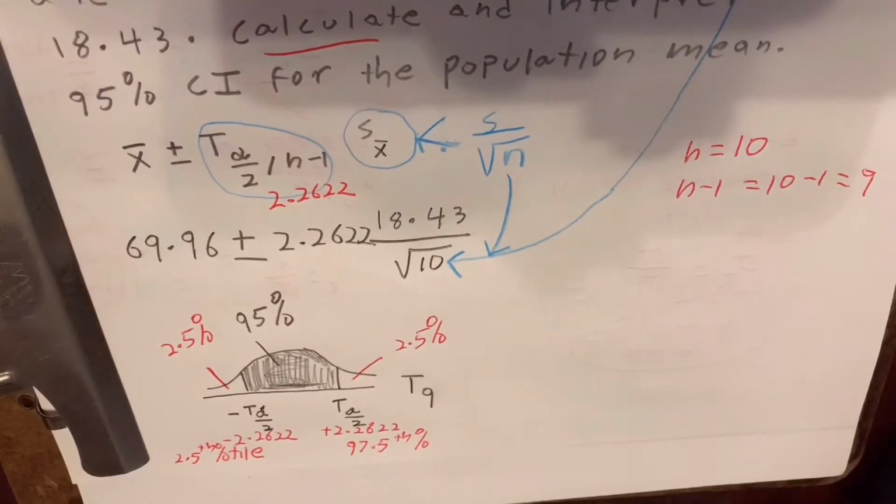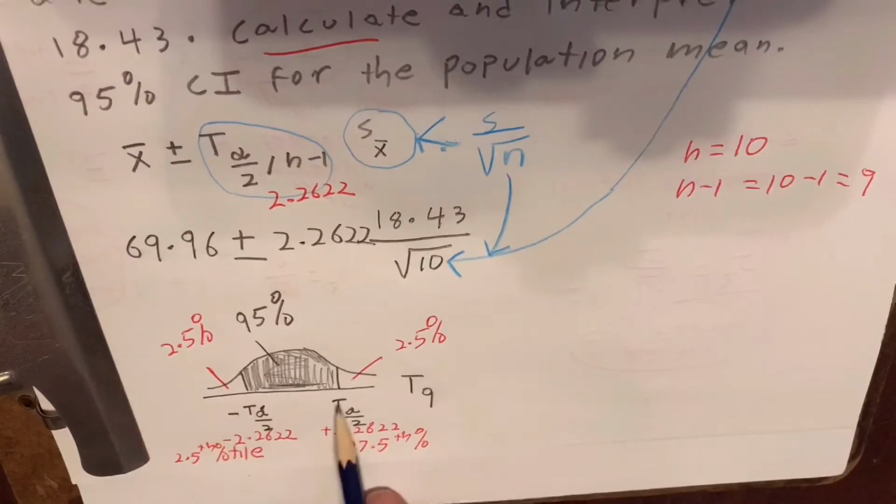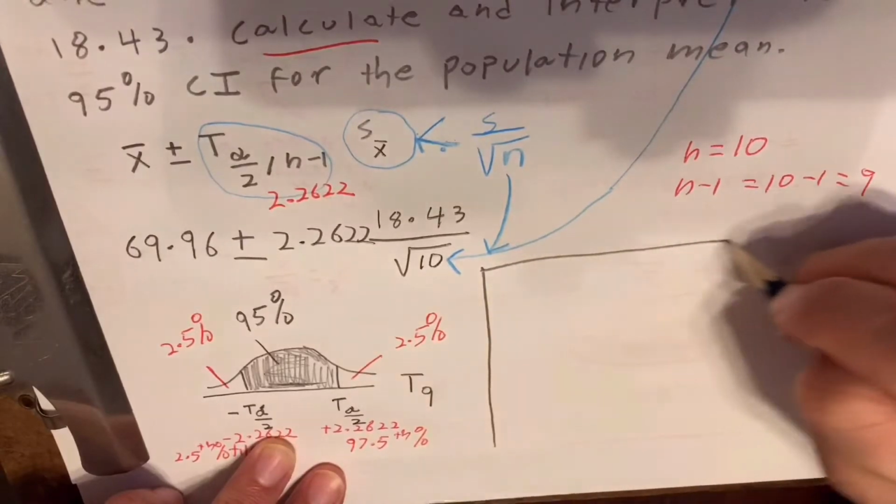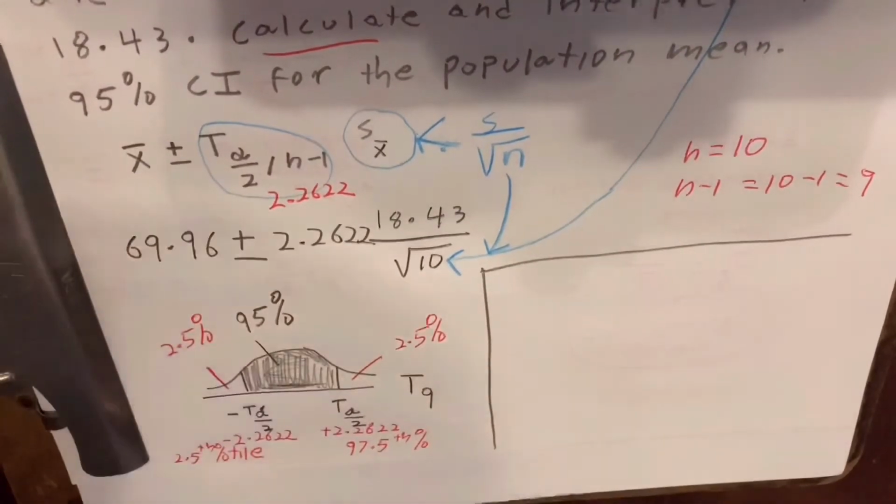Because if you look at this t distribution, this t sub alpha over 2 score is at least as large as 97.5% of this population, which is called a t distribution with 9 degrees of freedom. So now that we have this simple formula, all that's left to do is plug this into the calculator, and